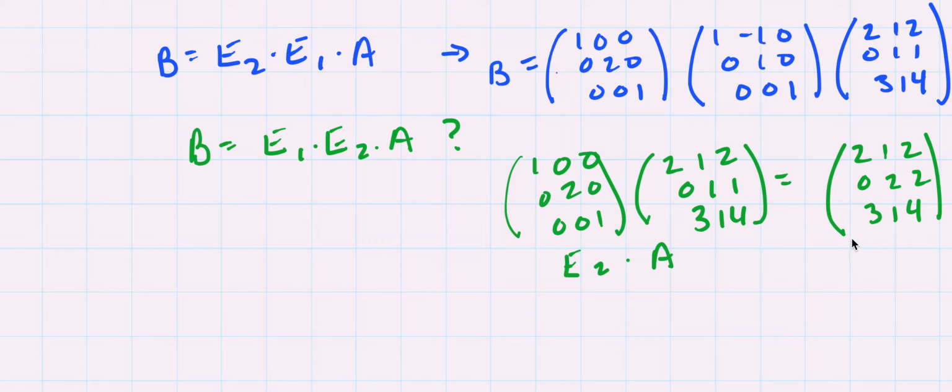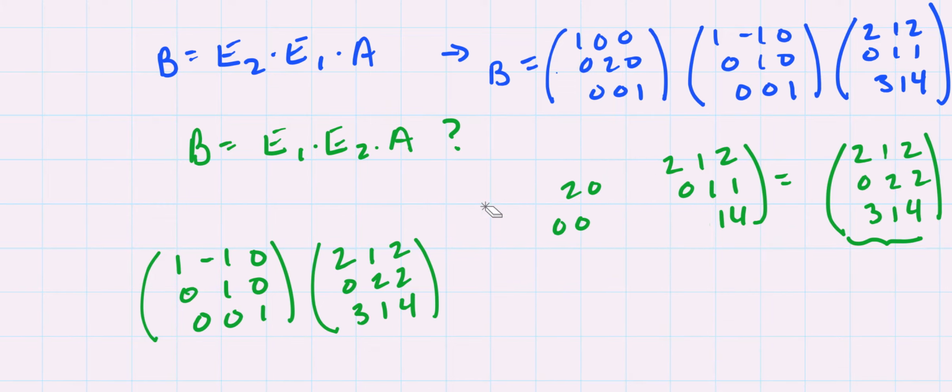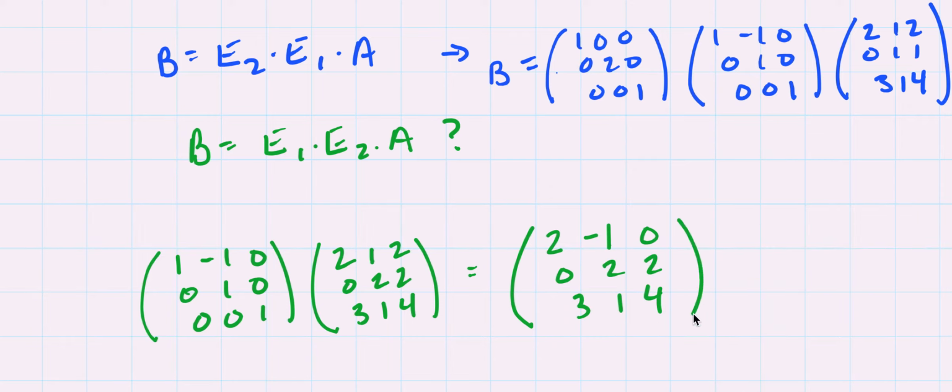But then if we take this matrix and multiply it by E1, so let's write that out. What's going to happen is you're going to subtract 2 times row 2 from row 1. And you see that we get 2, negative 1, 0, 0, 2, 2, 3, 1, 4, which is not equal